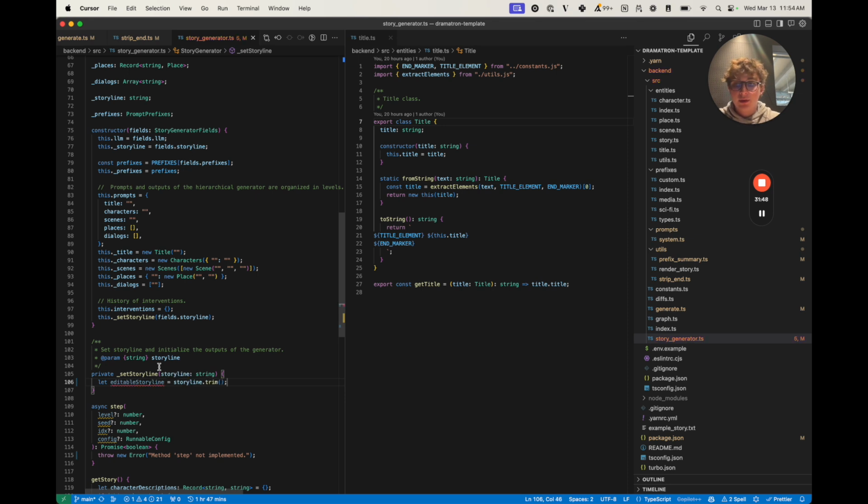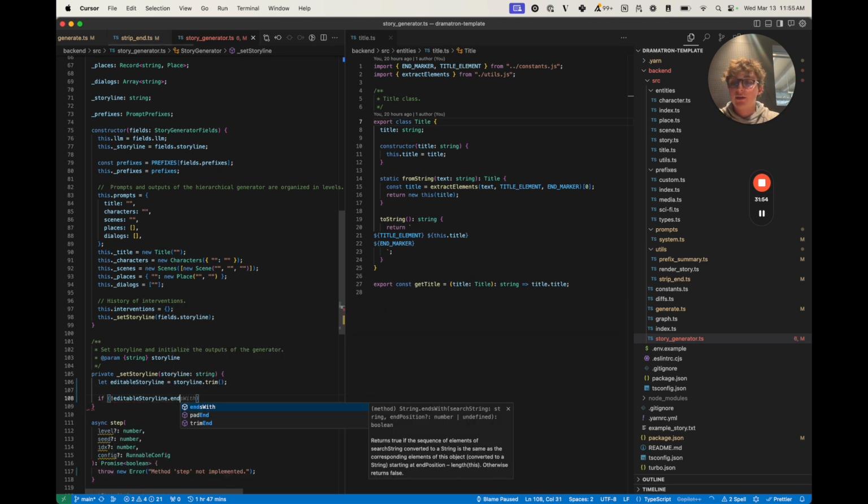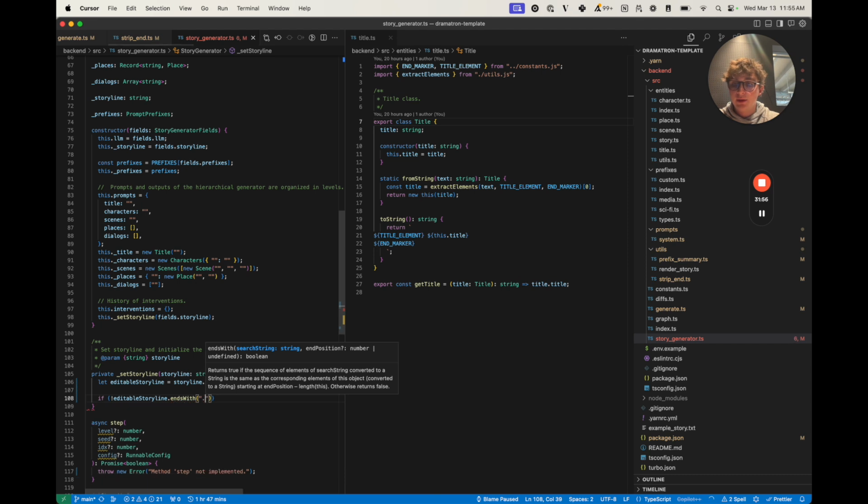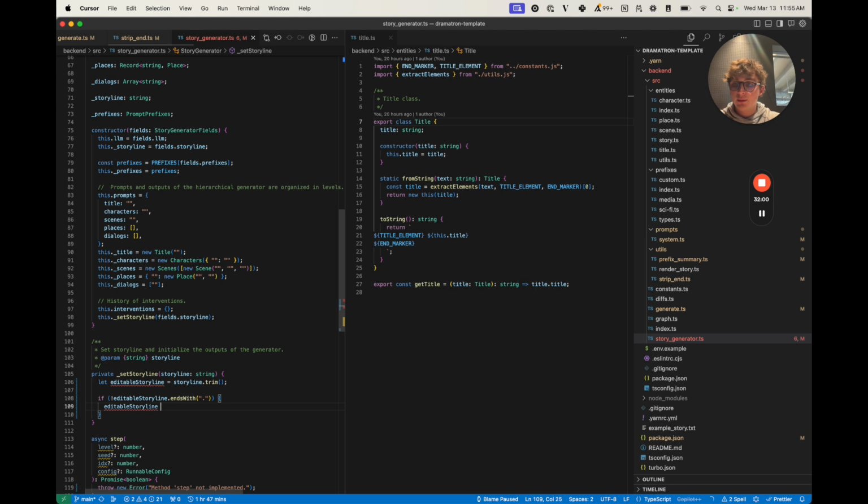editable storyline is storyline.trim, and then if editable storyline does not end with a period, we're going to want to add that just for consistency. So editable storyline plus equals the period, and then we can set the storyline, so call this dot storyline equals storyline, and then to keep track of the level we're on and